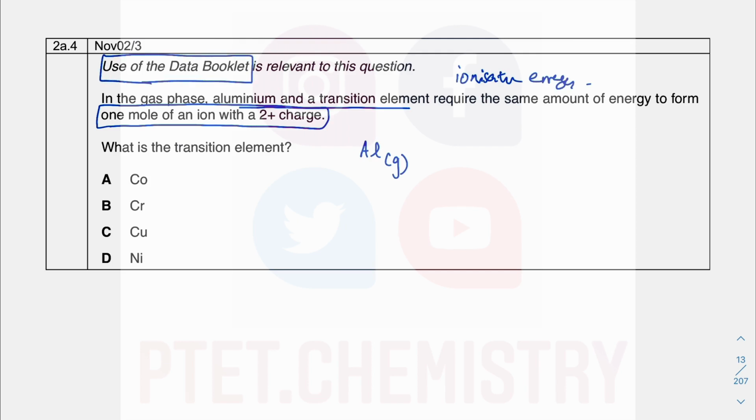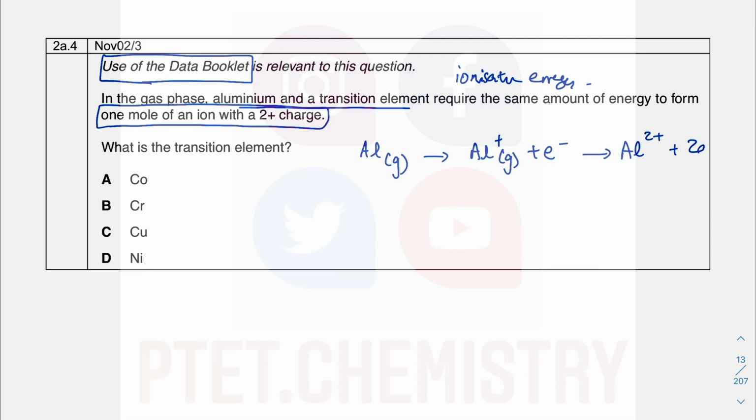So this is quite specific to the data booklet. They will be given out as part of the Cambridge International Exam. A lot of chemistry students during the UK A-level will have access to the data booklet as well. The value might be slightly different, but they won't vary too much. So in order to go to Al2+, you will go stepwise like that, and then you will go another